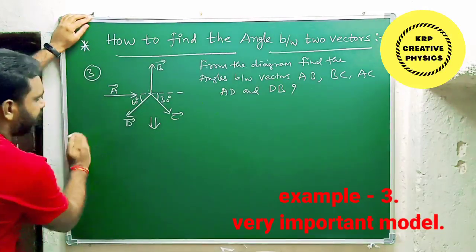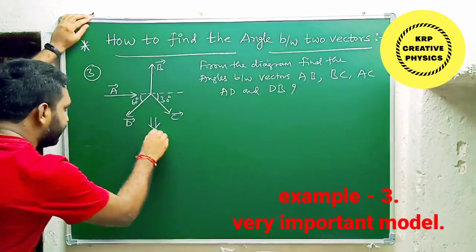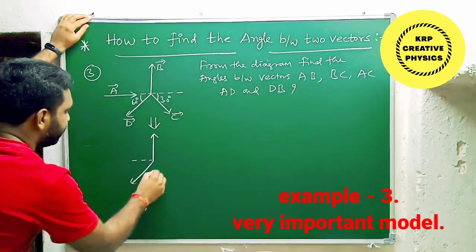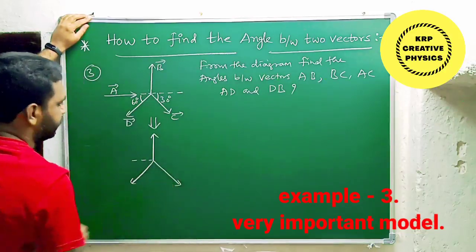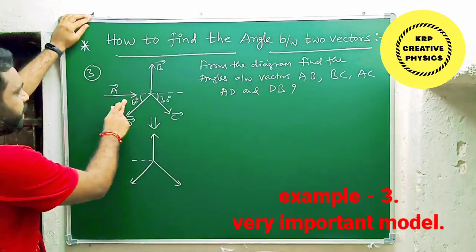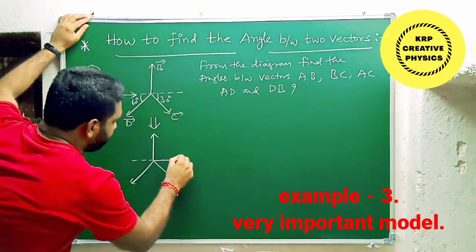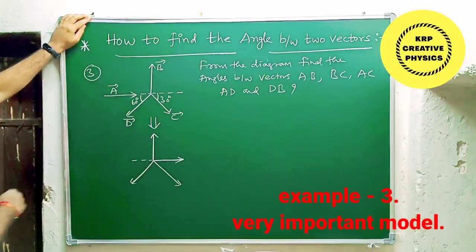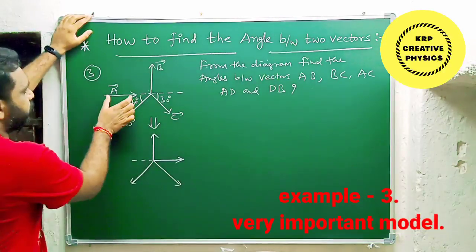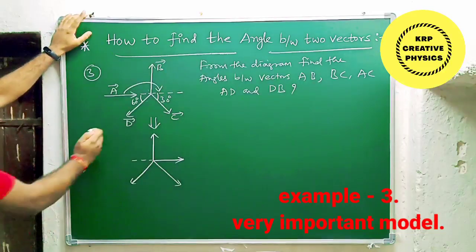I am going to redraw this diagram. Just try to observe carefully. These three vectors will be as they are. There is no change. Why? Because they are in correct positions. Tail to tail, tail to tail, tail to tail. This one is in an incorrect position. What we need to do is extend this vector A. In this way I am going to extend vector A, or else according to the parallel shift, I am going to change its position from here to here. So this is the correct position.